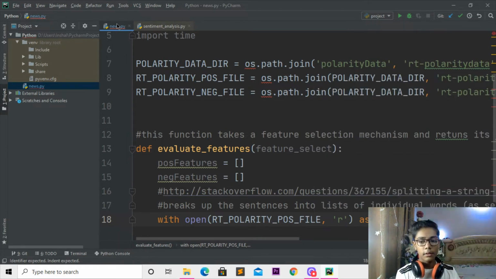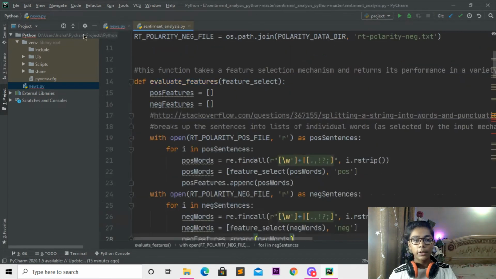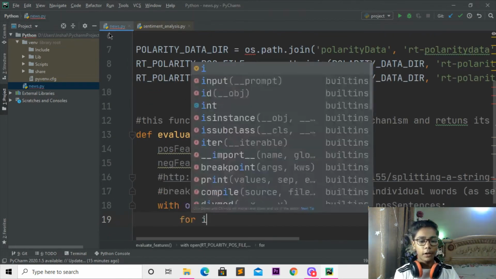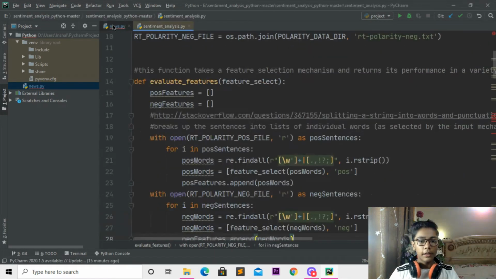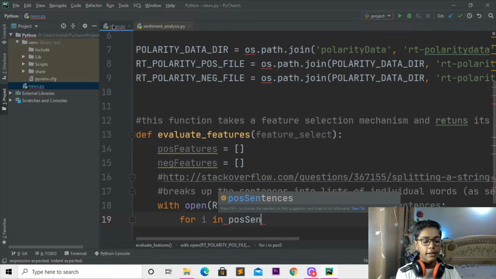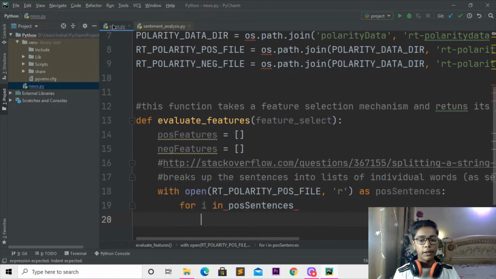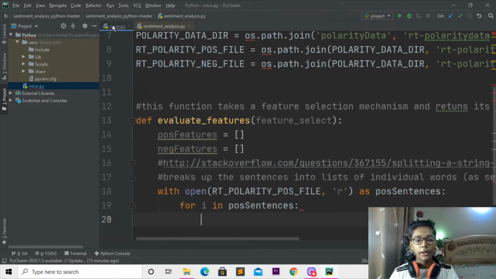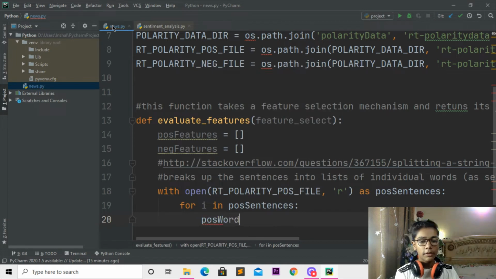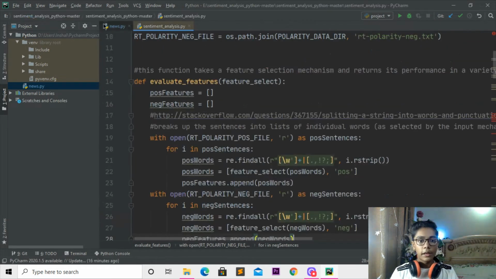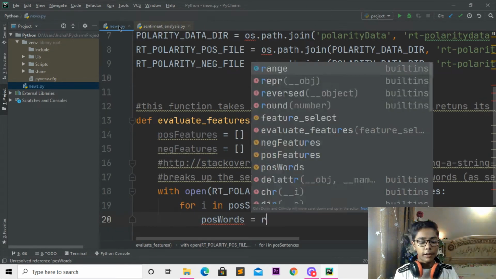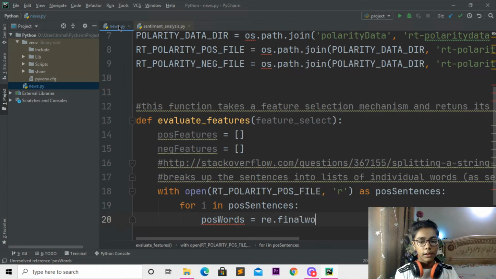sentences. Okay, so when you've done with that, you have to do one thing: come here, then I'll make this semicolon, then come underneath and write "for i in", then write POS sentences. When you've done with that, I'll be moving down here, so just write that. Now come here and write POS words, then I will move here, and you have to write equal, RE final words,